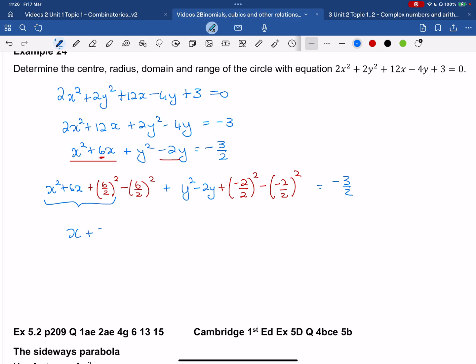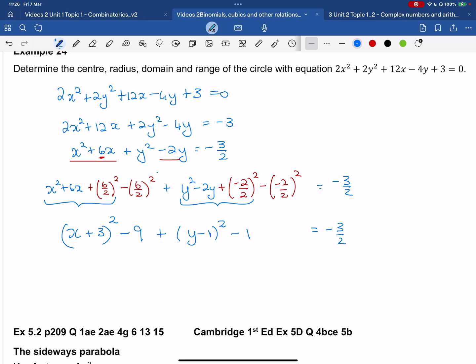Now, the first three terms form a perfect square, and that will be x plus, well, 6 over 2 is 3, all squared, and this does not disappear. So that becomes minus 6 over 2 is 3, minus 9. Then these three form a perfect square. So negative 2 divided by 2 is negative 1, all squared is positive 1. So we're going to have y minus 1 all squared, and then a minus 1 there, and that's still equal to